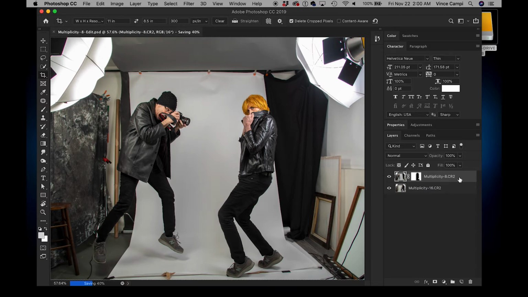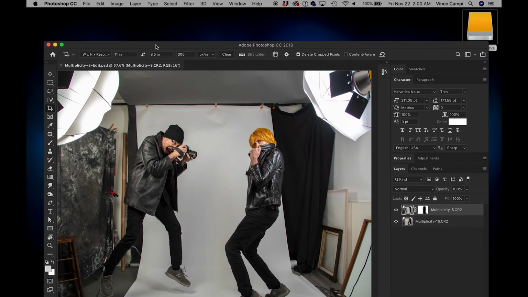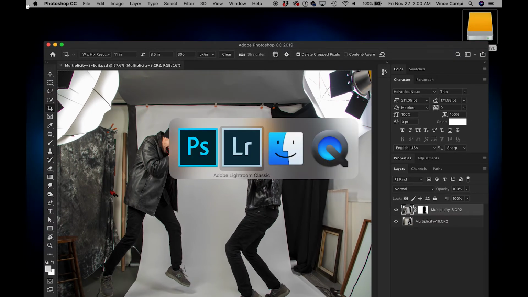I hit Command S again. It'll print in an awesome size. The brightness and all the stuff on here looks good. So I think we're golden. Okay, we save that. Now, if we go over and get Lightroom, all I'm doing is holding the Command key,